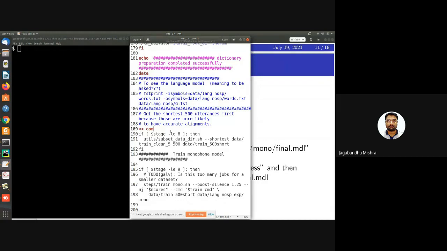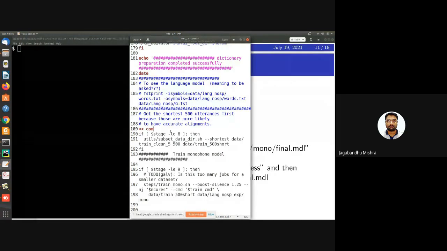According to duration, it will find the 500 short duration segments and create a new folder, and we also have to give that destination location. So I am calling this utils subset directory script, giving my training folder that we created yesterday, data train clean_5, and telling it I need only 500 sentences